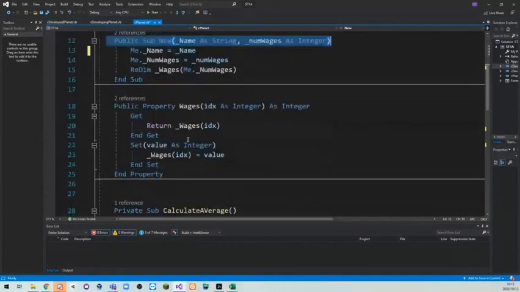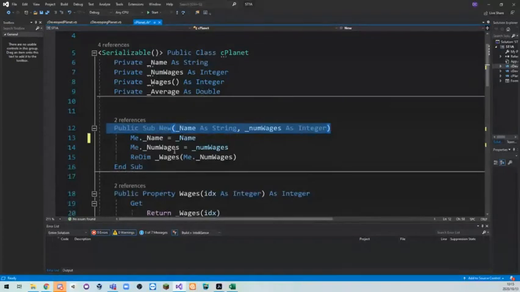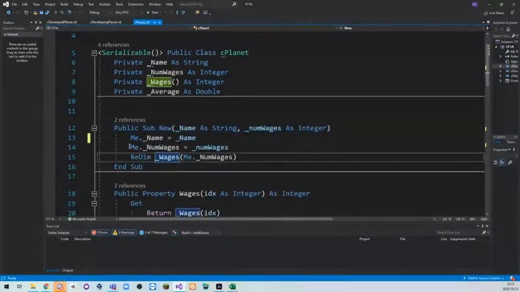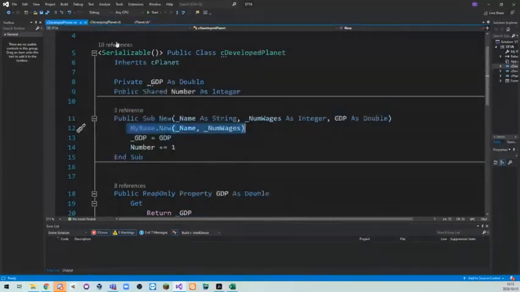Planet doesn't have a parameterless constructor. It has a constructor that accepts information and builds the array. Remember that it's building the array. So we need to build the first floor. We set the GDP, and of course we increase the shared number by 1. So when we use MyClass functionality, when you want to avoid polymorphism,